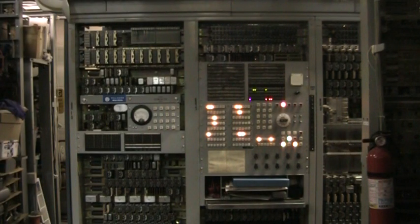We're looking at the master test frame of a Western Electric number 3 crossbar switching system. This is one of 2 remaining crossbar switches, model number 3 that is, that's left in the United States. Western Electric only manufactured 28 of these systems, and this was assembled on a metal frame, wired and tested at the factory, and then trucked to the site that it was going to be serving, the community that it was